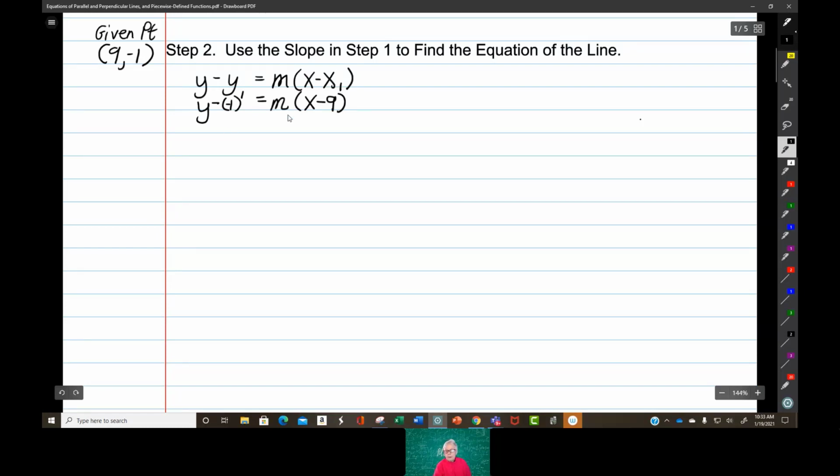Okay, now a note. This line is parallel to